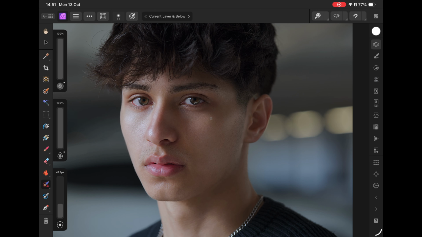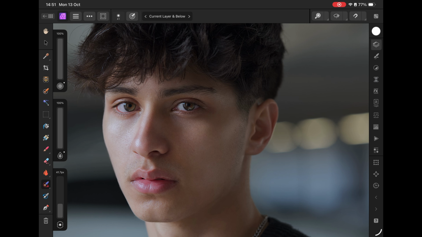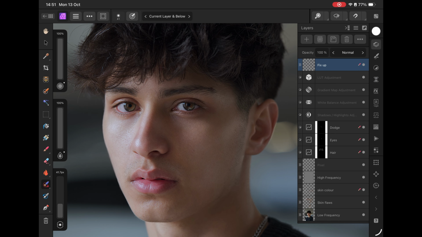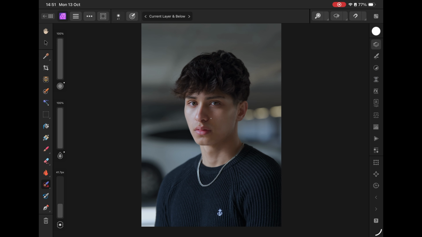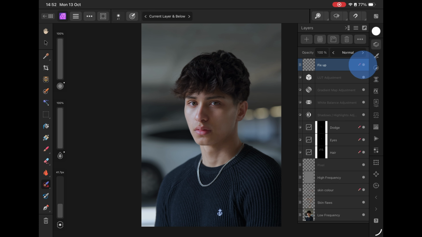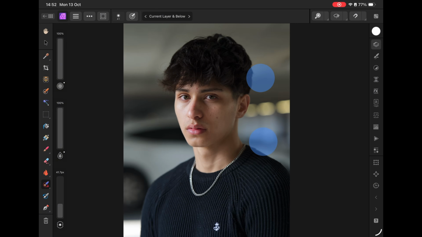Okay, we are here, we're at the end. So let's look at what we have achieved in such a short period of time. Let's look at the transition of edits that we have made, so that we can see what we have edited. Okay, we'll turn off all of these, keep the high frequency on. Okay, let's see. So you can see the before,